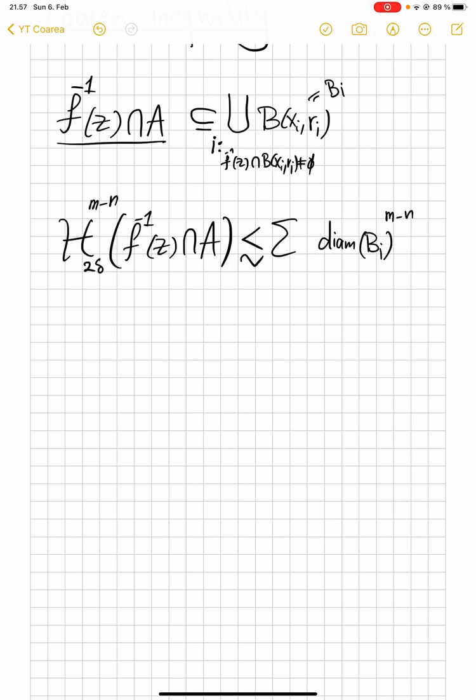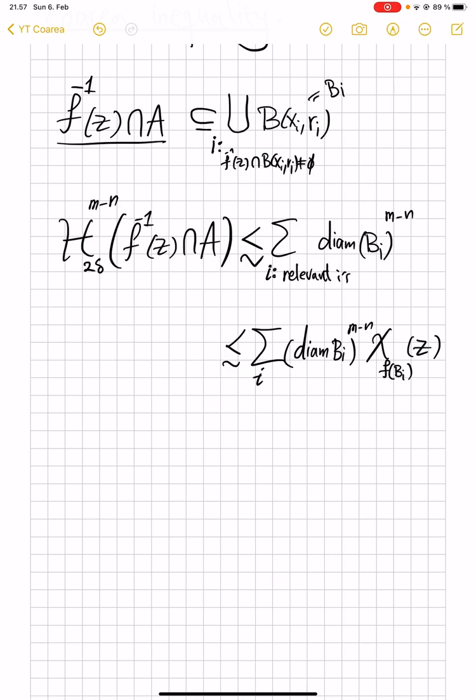So here, this will be again just the relevant i's. And as in the proof of the Coarea inequality, we saw that there is a clever way of doing this, which i's are relevant. So this will be adding up all of the diameters of B_i's. This counting, this part where it checks if B_i is relevant or not, is contained in this. So this will be whether the characteristic function of the image of B_i vanishes in Z. This is exactly saying when the preimage of Z intersects the ball B_i. So this is true